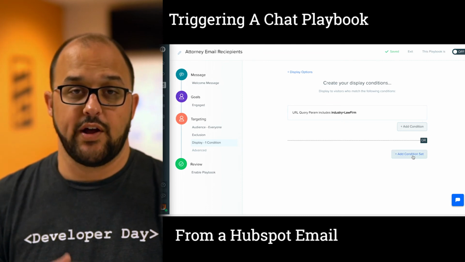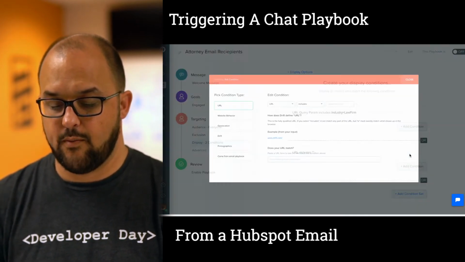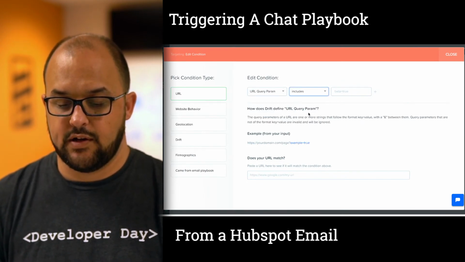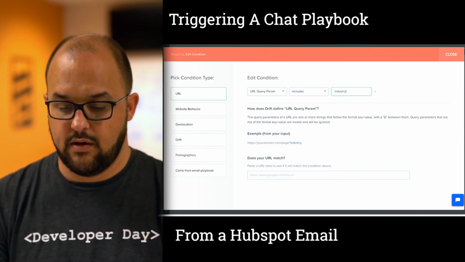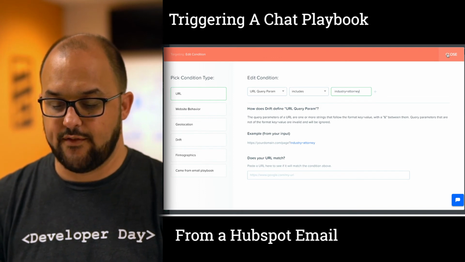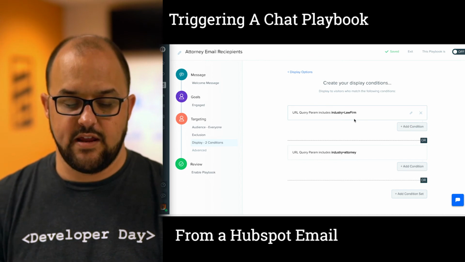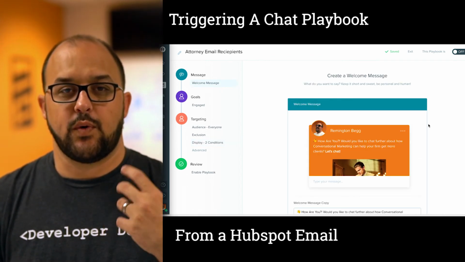There is also another industry item that we have from our old system. So you could add in that other variable as well. So this would be industry equals attorney. Right? So now you've covered both of the potential options that could come in from that email specifically. So if we go back to our welcome message, what you would want to do is